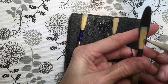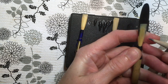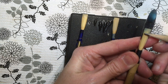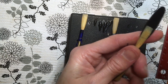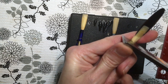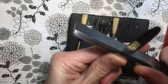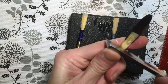When I make reeds, I think about having a line here at the bottom of the heart to define that a little bit more. And right now I don't really see that at all in Dave's reed. It feels smooth all the way up through the heart. Almost, again, as though his long scrape was perhaps a little overzealous in this area. So I'm going to just go back behind the heart a little bit, because what I want for stability is for the heart to feel like it's the thickest part of the reed. Yes, we have to scrape through it to get vibration to happen, but ultimately it needs to be the structure of the reed. So I'm going to work behind the heart,